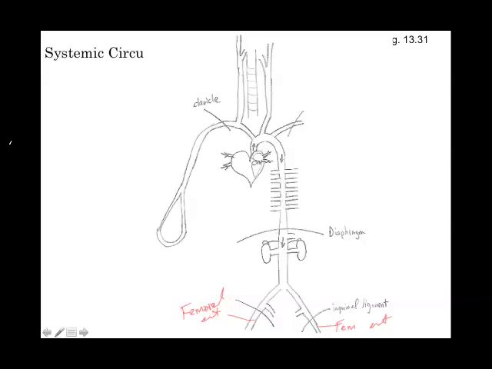Veins, it would be the opposite. We're going back to the heart. So we're going to want to name the vessels as we get closer to the heart. Femoral vein, external iliac vein, common iliac vein. Yeah? The Latin name shows a superior mesenteric